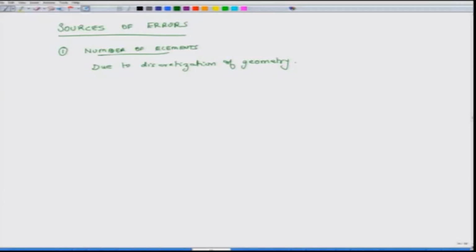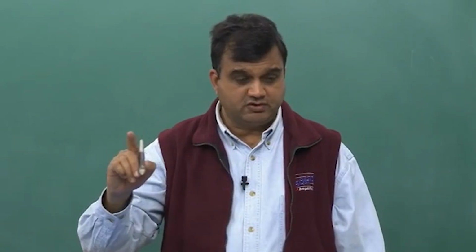If the discretization is large, then the error will be large or appreciable. Okay. So this is the first source of error, discretization error. The second source of error is driven by,